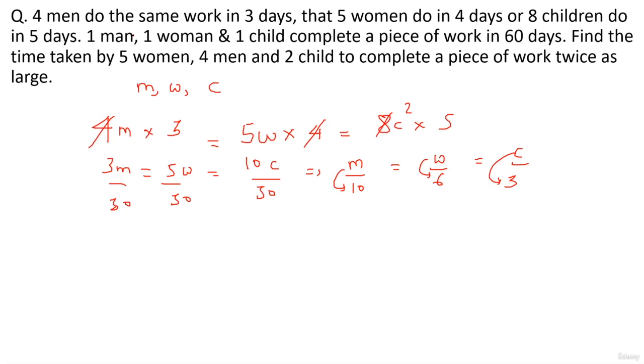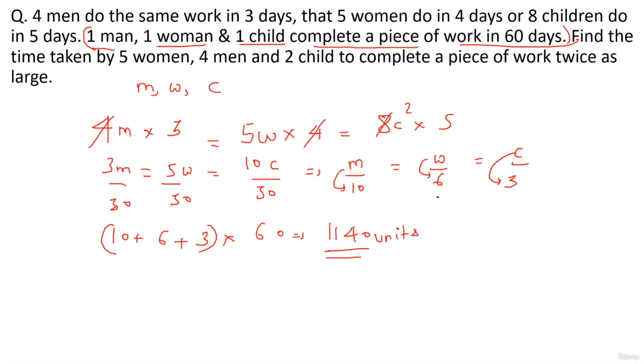Now they tell me that one man, one woman, and one child complete a piece of work in 60 days. Now, like the previous question, this statement is always given to find out the total work. So each man, that is 10 units, each woman, which is 6 units, and each child, which is 3 units, they work for 60 days to complete the work, right? So 10 plus 6 plus 3 is 19, 19 sixes are 1140 units of work in total,